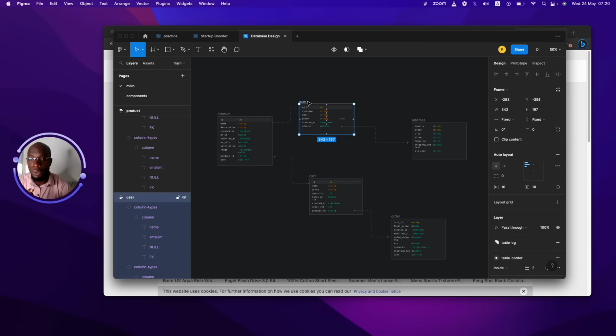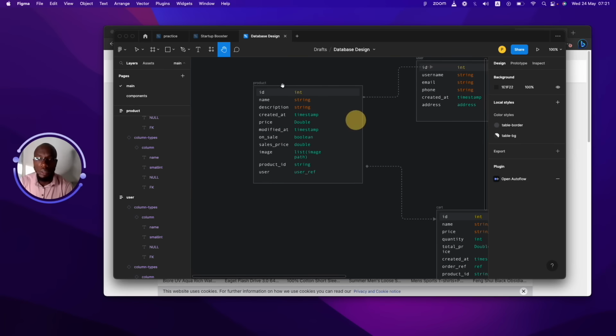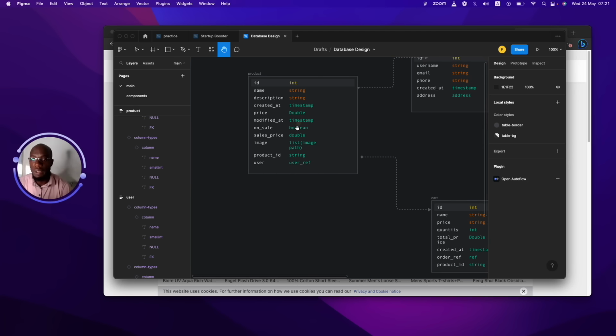So we have the user, just like every other database, and then we have the product. So you can see here, I'm going to zoom in a little bit, take the hand tool. You can see our product has an ID, name, description, when it was created, the price, the modified date, the on sale, the sales price, the image is a list, then the product ID